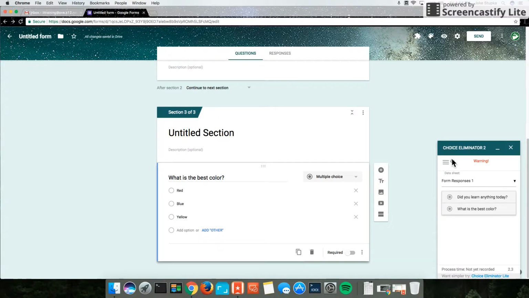That means that things can't be selected more than the number of times that you want them selected. A perfect example is, just like I mentioned, when you're having some kind of a potluck, and you want to make sure that people are only picking from a list of things that you actually need at that moment, just to prevent you from getting multiples of something you don't need multiples of. So when you do Choice Eliminator,